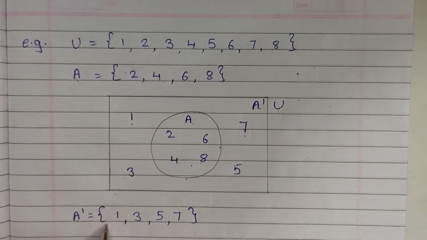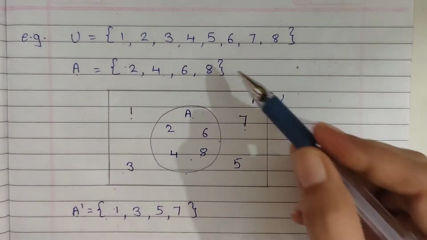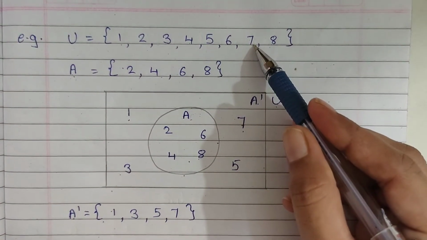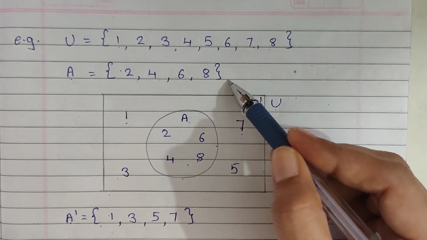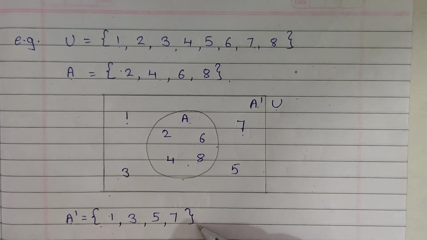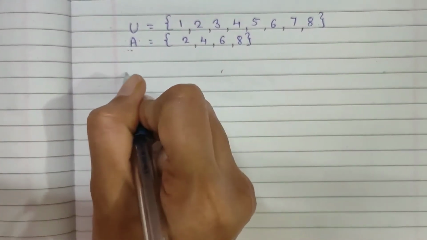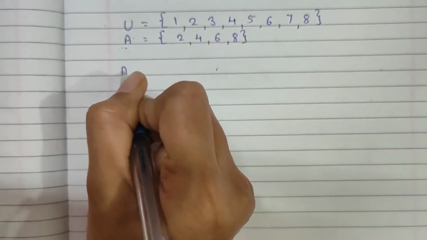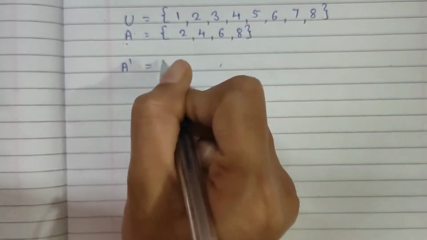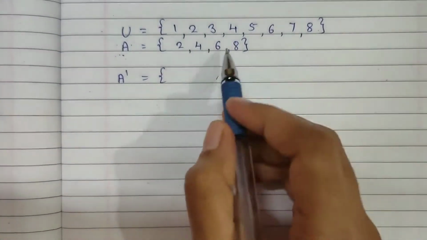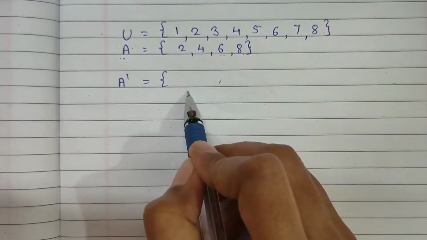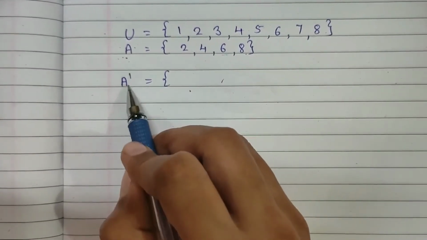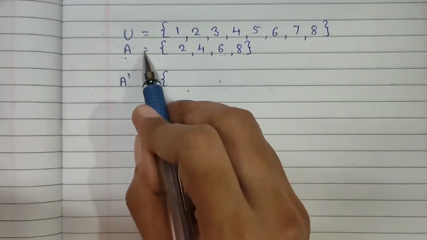It is a complement. So the elements which are present in the universal set but not in set A are called A complement. Whenever we are finding the answer of A complement, we should keep this in mind: we should not include the elements of set A in our list. We are finding the opposite of A. Complement means opposite of A.